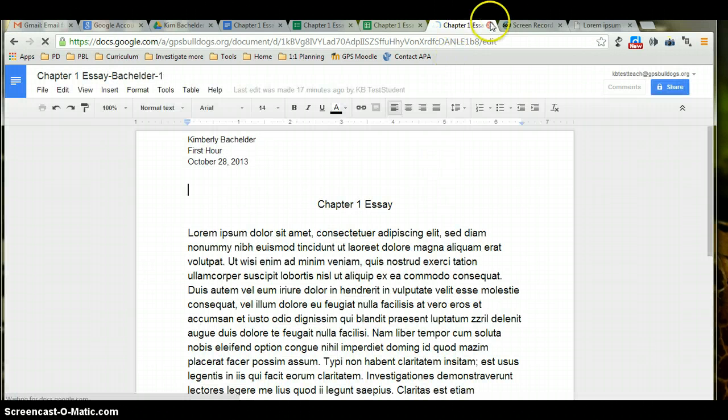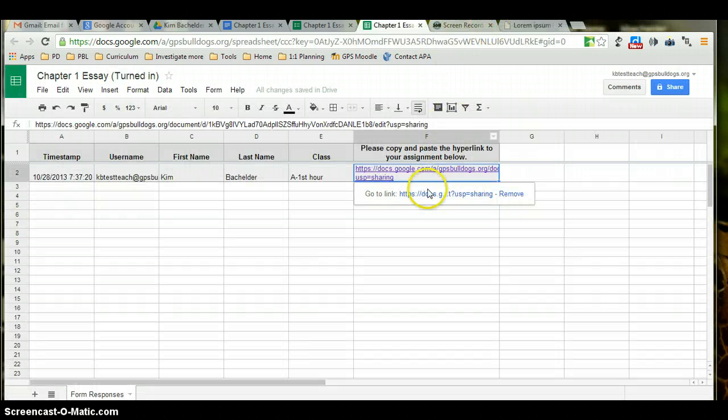read the student work. Now imagine if you have 25 students in a class, how much easier it is to go through here and just go click, click, click, click, click, and open up each student's assignment rather than going into each one of their folders and opening it up. I would still highly recommend doing the first steps where you set up folders. The student sets up a folder, shares it with you, and still have them share each of their assignments with you in case you ever just need to go back and access any of those documents. So you have two routes to get to the same destination, which is being able to review and provide feedback